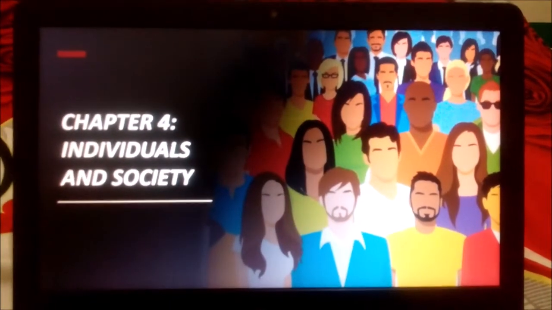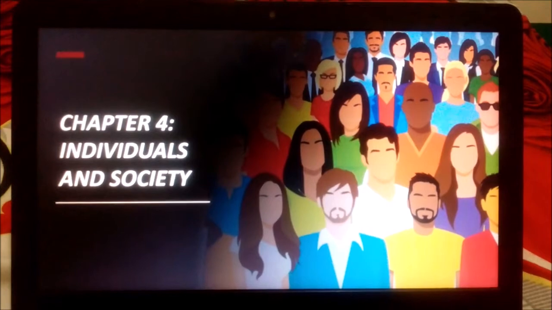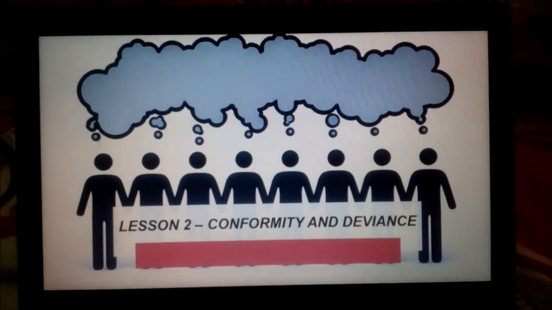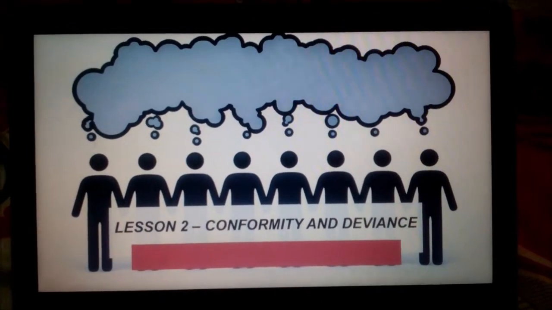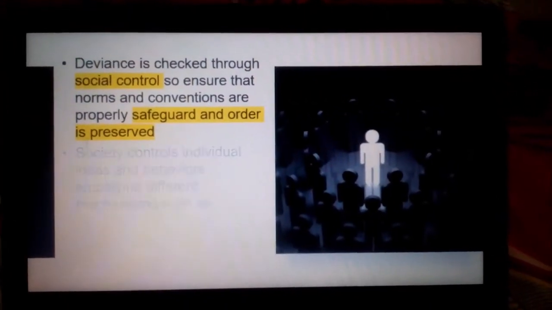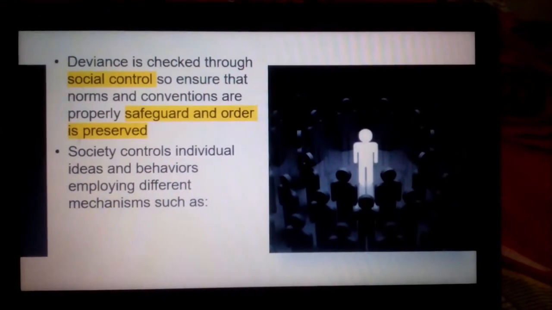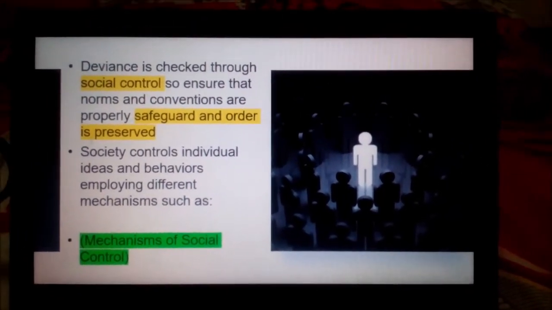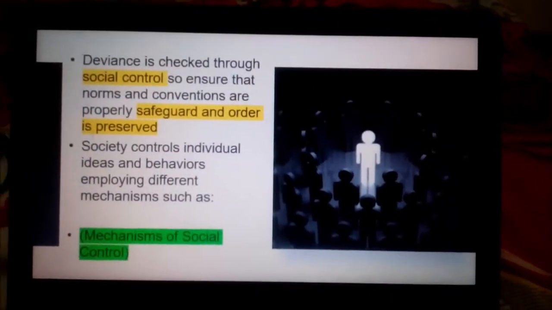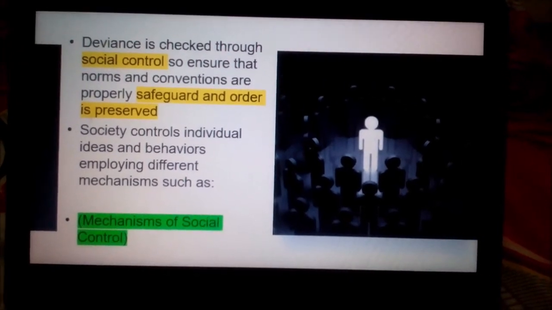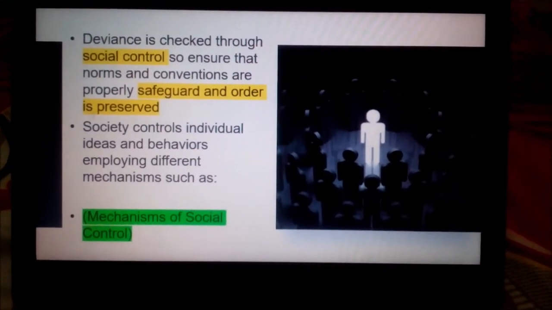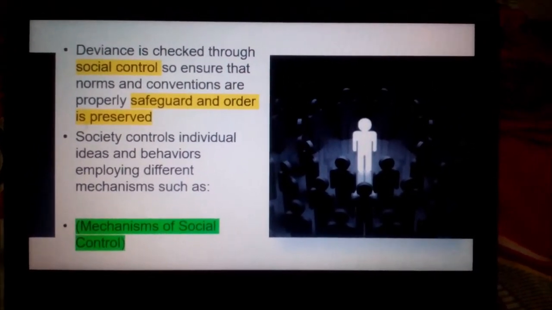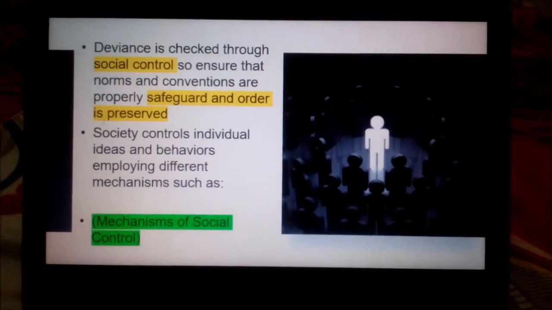So under module number 4, we are still at chapter 4, individuals and society. Lesson number 2, which is conformity and deviance. So let's start. Diba nung third quarter na pag-aralan natin kung ano ang deviance, diba? So according to the reference, deviance is still more on the social control, diba? It is for the safeguard and order is preserved. Diba parang ito yung mga negative or violated norms, according sa